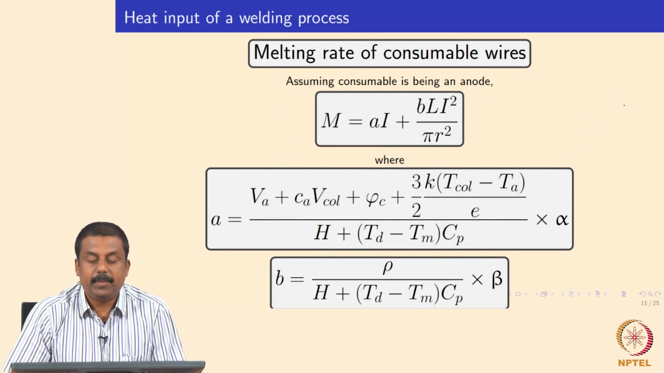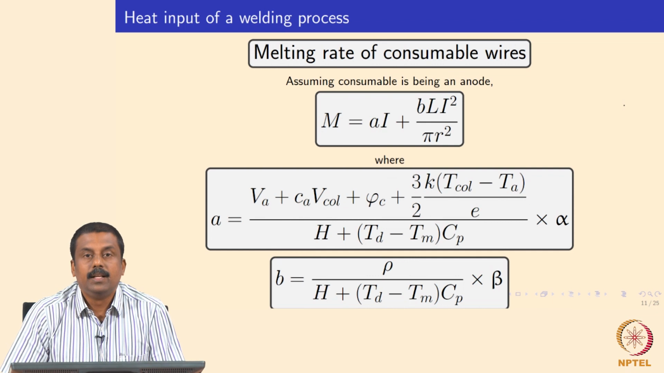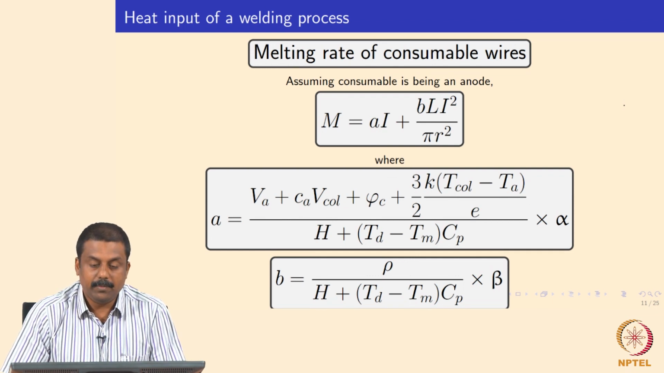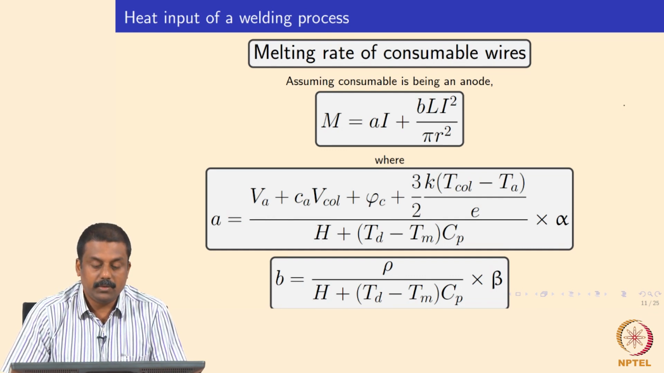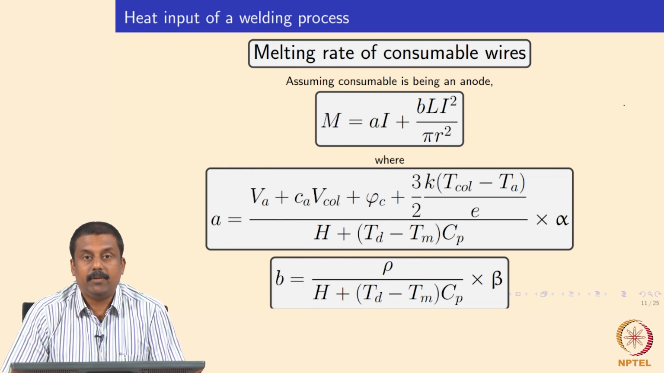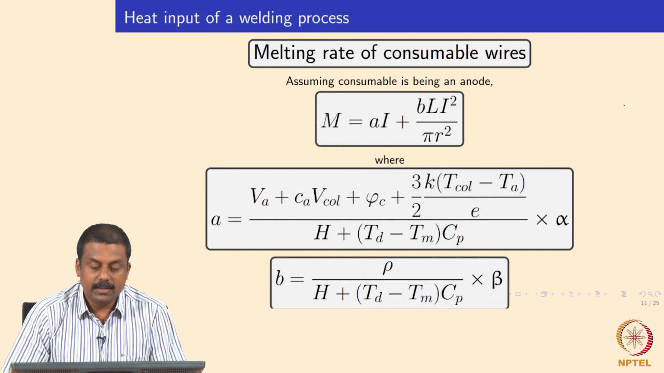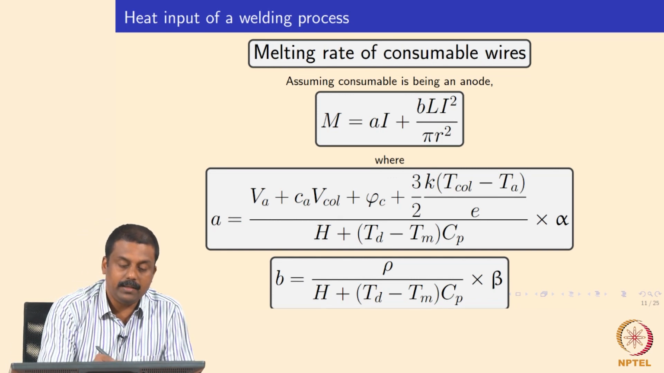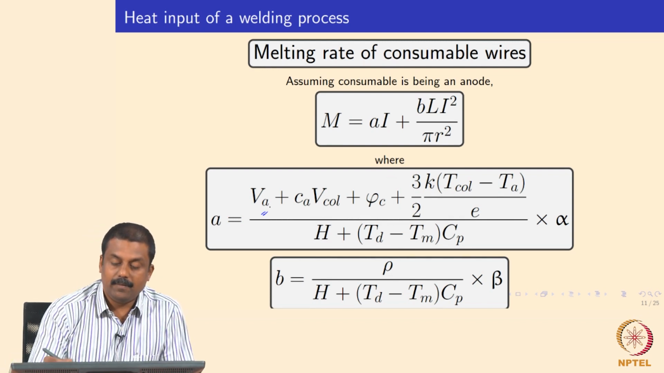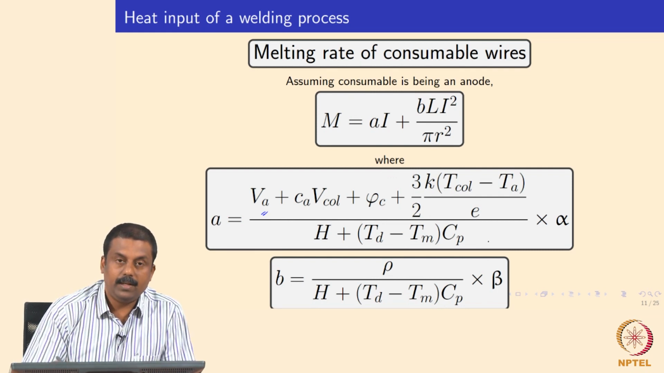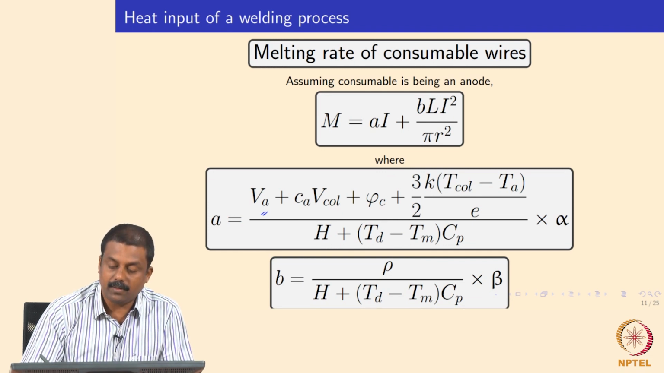The other important parameter in a consumable welding process is the melting rate of the consumable. That is very important to understand, because it determines your weld bead geometry and your productivity. Again, it is a function of the amount of heat transferred to the electrode, whether we keep the electrode positive or negative. If your electrode is an anode, you will have the amount of heat in your electrode tip, and the energy needed to heat up the electrode